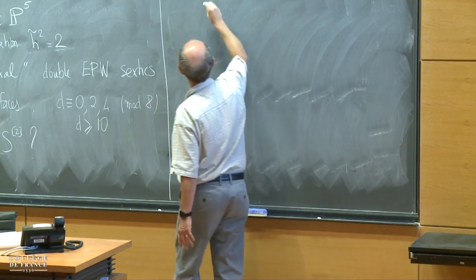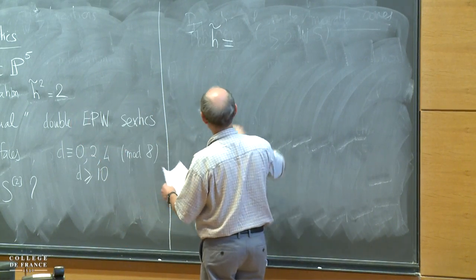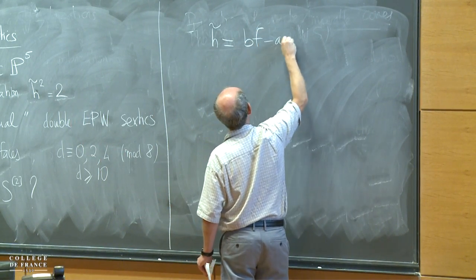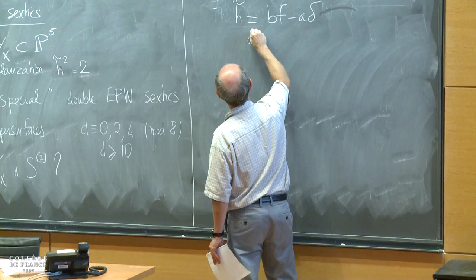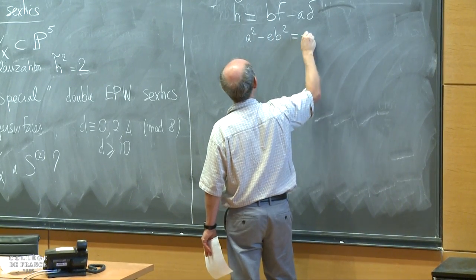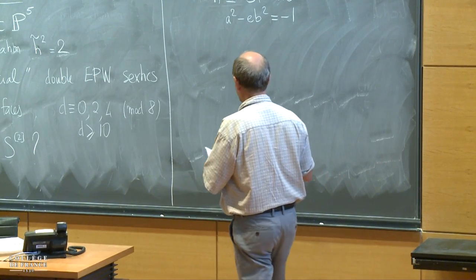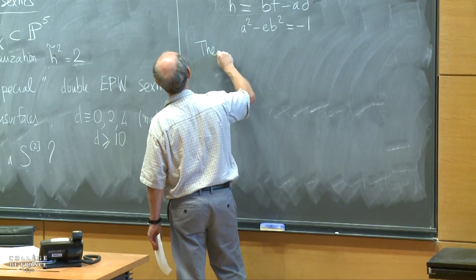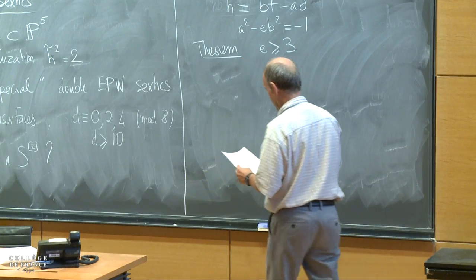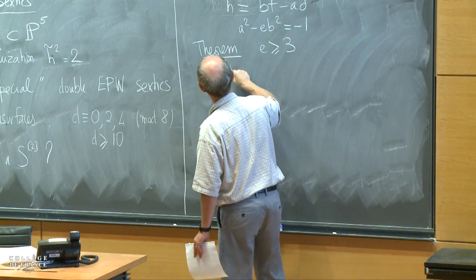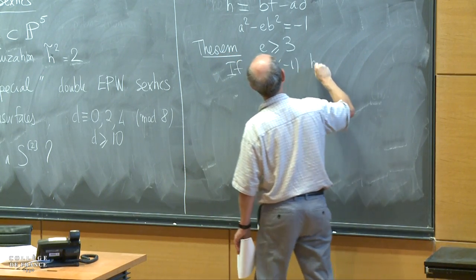You write the polarization like this. I don't need to do all the details, but it's exactly the same thing. You write the polarization like this, and then you express the fact that it is of square 2. So you obtain what is usually called a negative Pell equation, and the theorem is the same. So same situation as above. We assume that E is at least 3, if this negative Pell equation has a solution